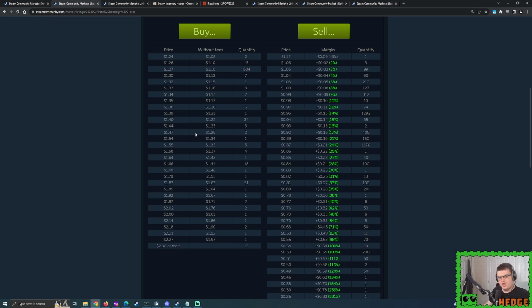More people play Rust. More people get invested into the game. More people want skins for their weapons, and then of course armor. And yeah, surge in demand for skins. More skins getting bought out equals prices go up. You might magically see that disappear. It could easily go up in price, and it elevates to a higher level. And I'll talk more about that in a bit. So yeah,